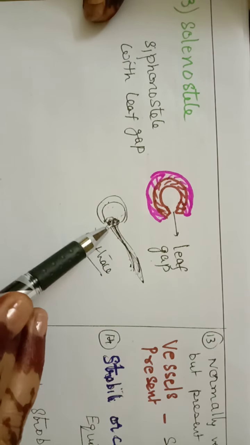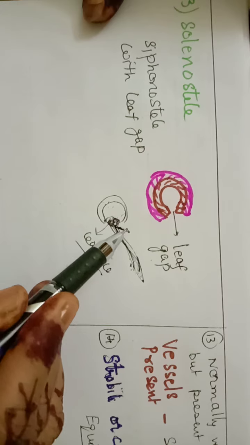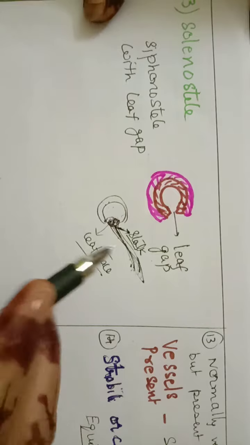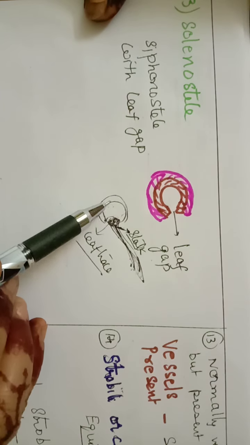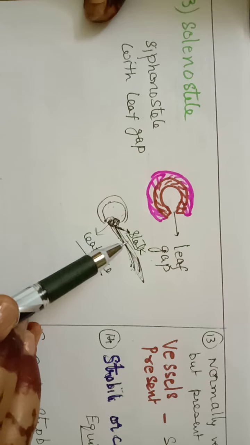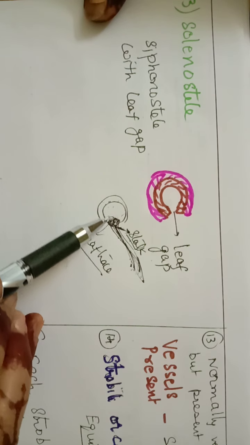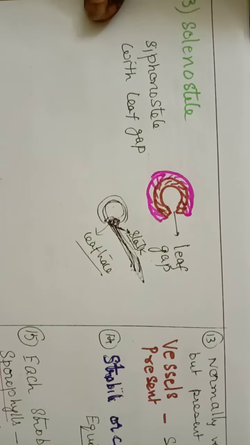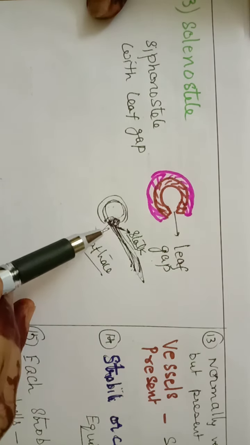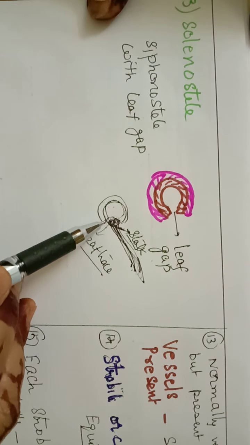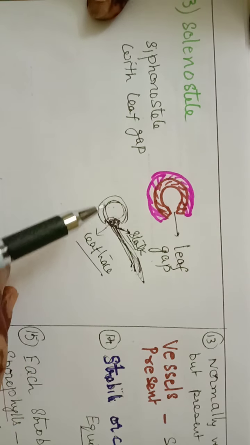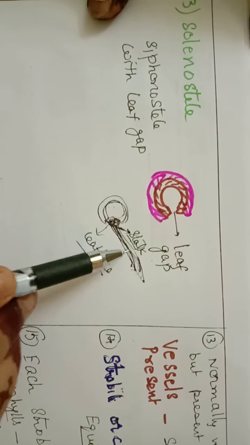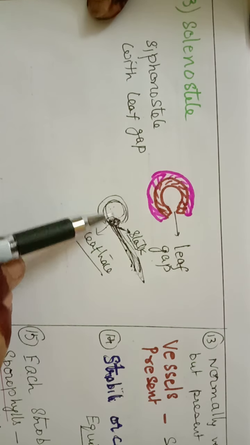Here if we take, this is the leaf, this portion we can call the stalk of the leaf. As you know, the vascular bundles must enter from the stem into the leaf through the petiole or stalk of the leaf. So normally vascular bundles are in continuation. Suppose there is a vascular bundle entering, it continuously enters into the petiole. But in this type of steel, there will be a parenchymatous tissue separating the vascular bundles of stem and vascular bundles of leaf.